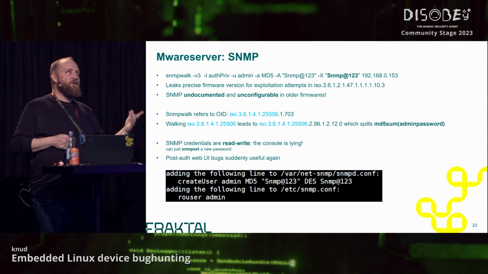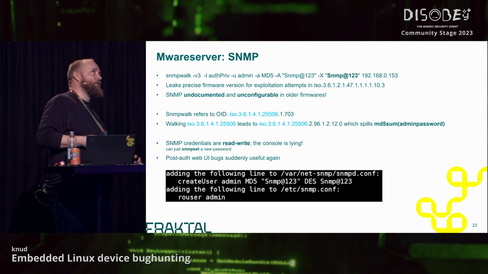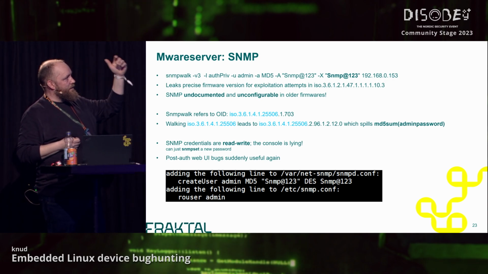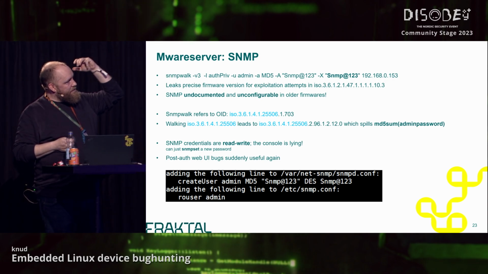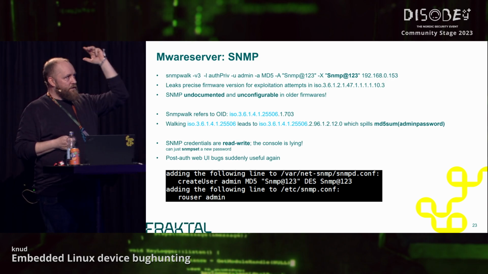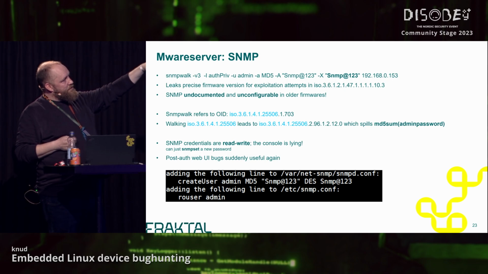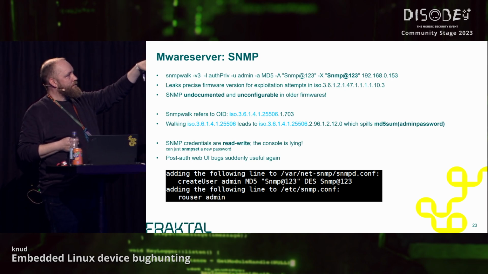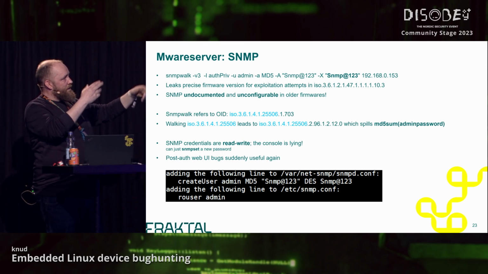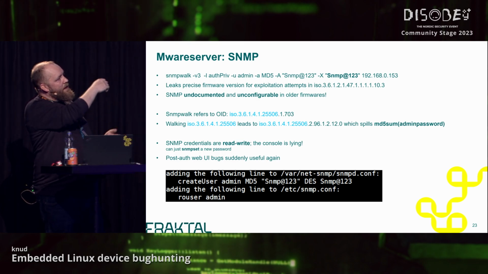Well, it could be spilling secrets that it's not supposed to spill, and it also does that, because when you SNMP walk the device and say, give me all your counters, in the output it gives this ISO 3614, and then you try and walk that one with a few octets shaved off, and it will lead you